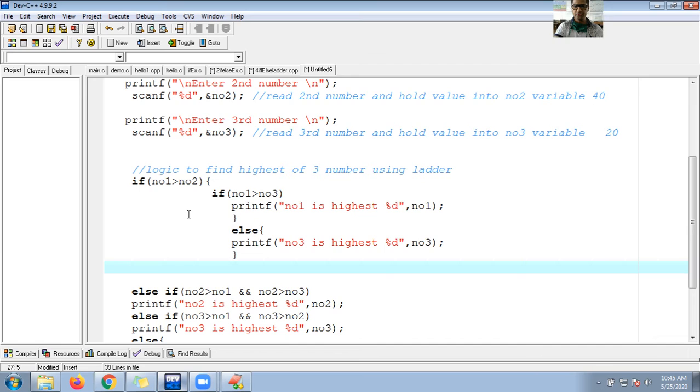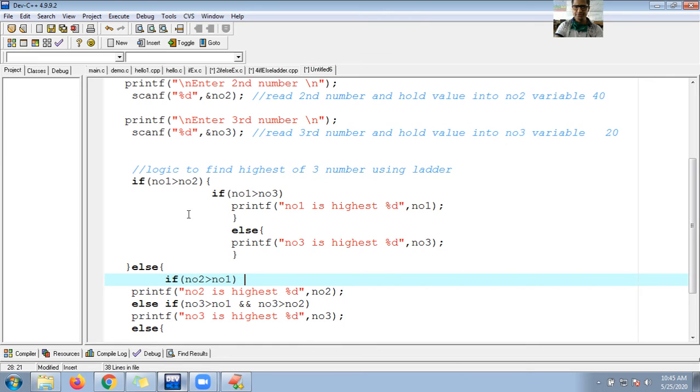So I can make it again. Here is else, here is if, and here I don't need it. Then else, simply I need else here, and I don't need to write here.